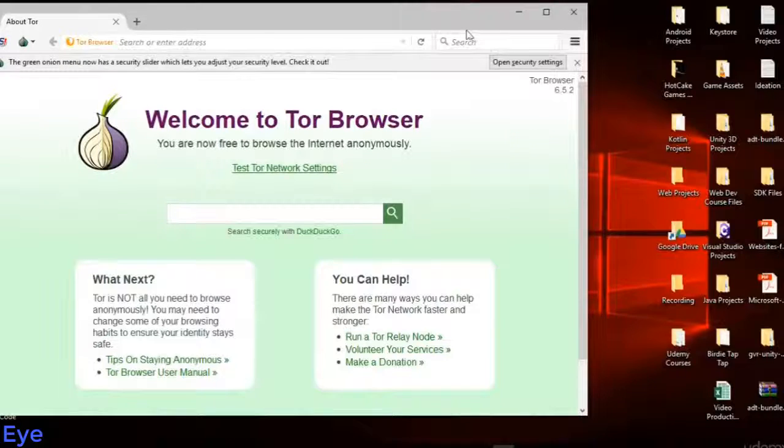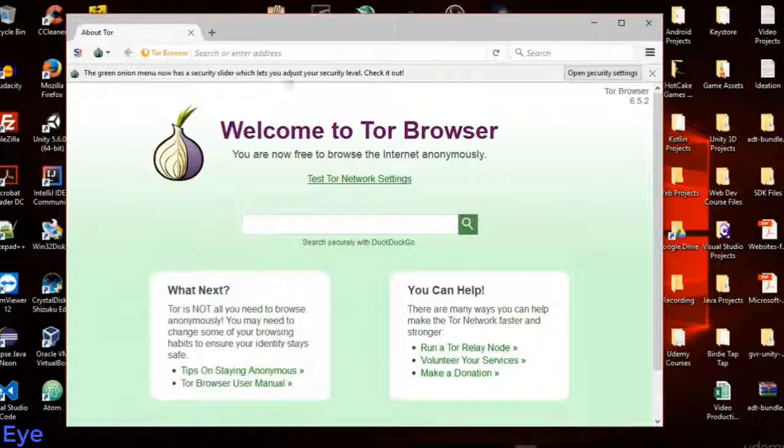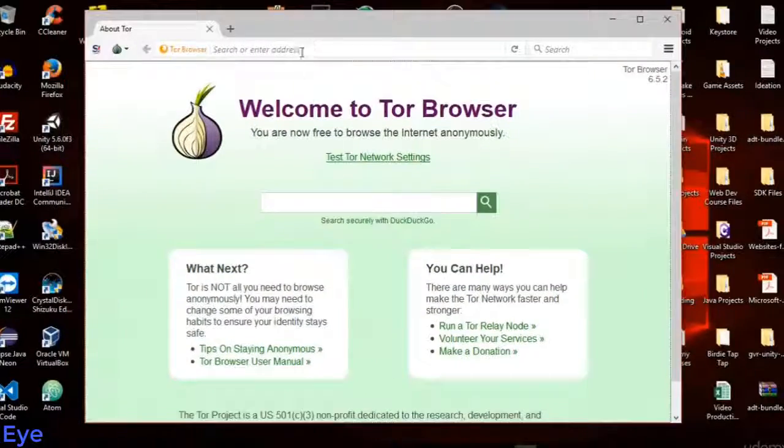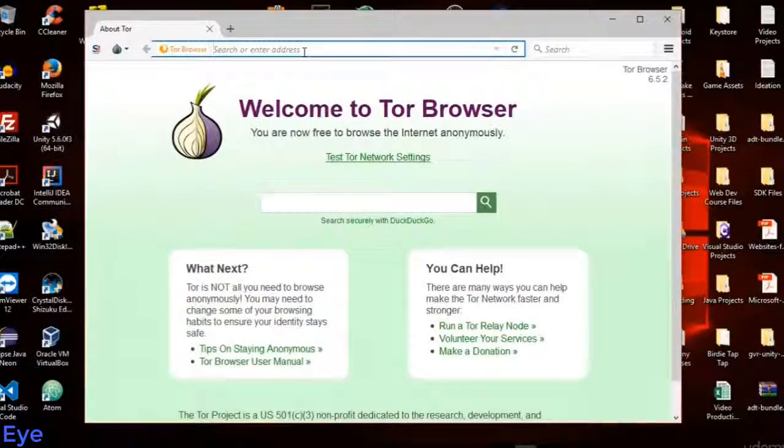Alright, so as you can see, it's opened the Tor browser window right here, and it's saying that we can adjust our security level. I'll be getting into this in future videos. We don't need that right now. What we need to do right now is actually confirm that it has connected to the Tor network and this browser is correctly configured. So the way we're going to do that is by testing it using the